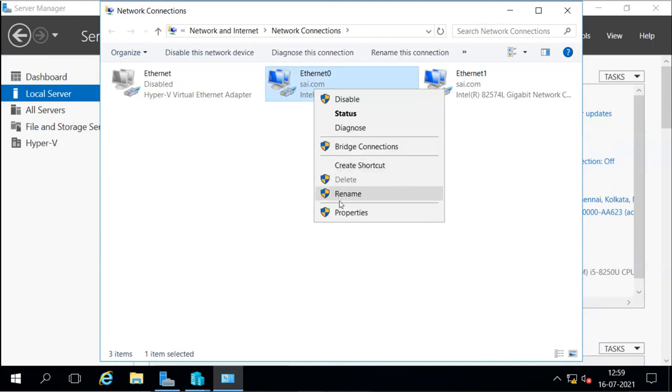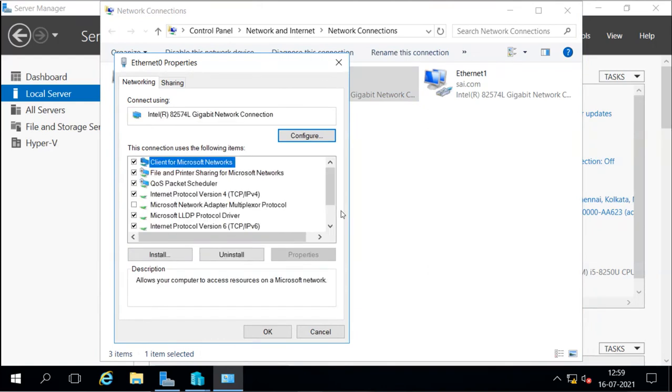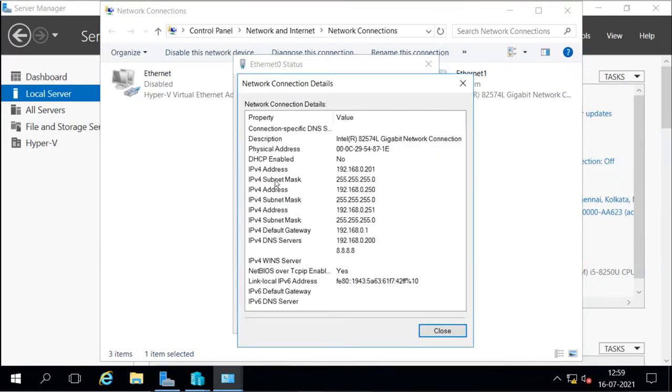So what is this one, if I check, I will check the status and detail. So this is the one which we are going to use for the network traffic. Now it is having multiple IPs also.